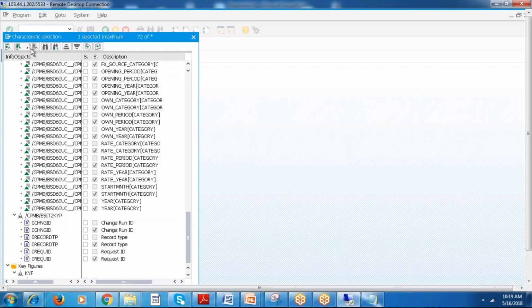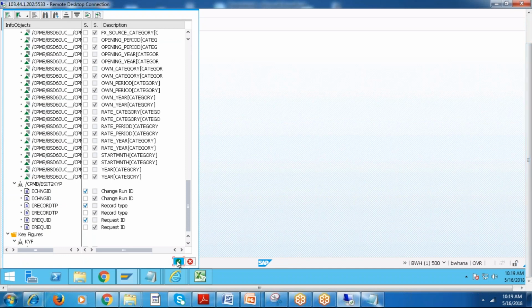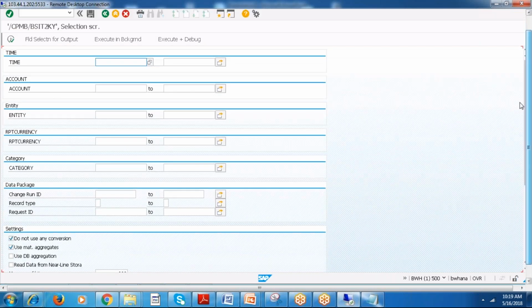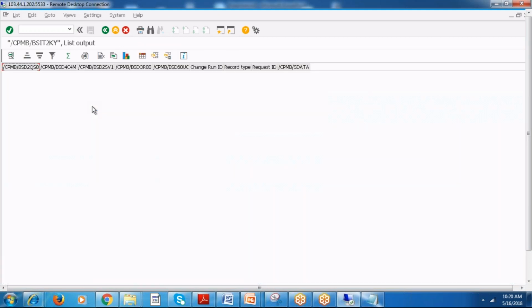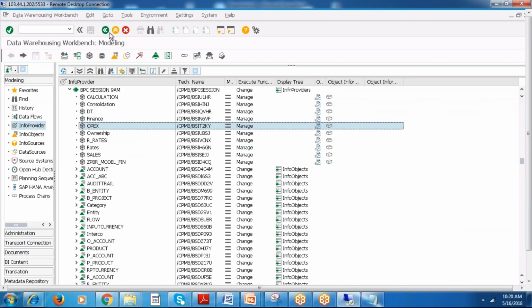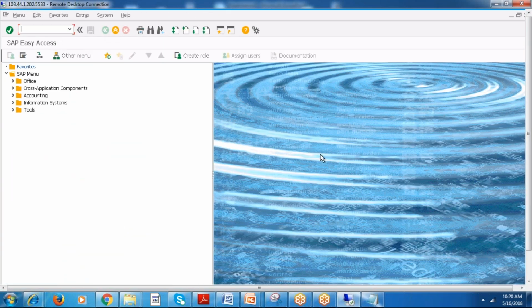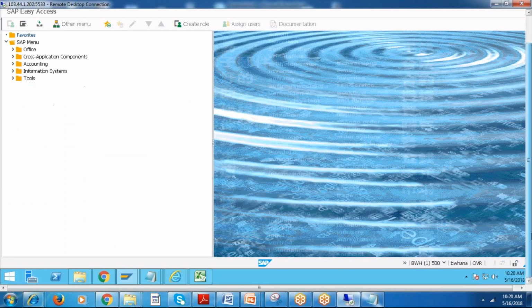If you need to check the transactional data, you have to go like this: select execute, enter, field for output selection, select all, execute. There is no data. See, there is no transactional data. So this is the model creation.